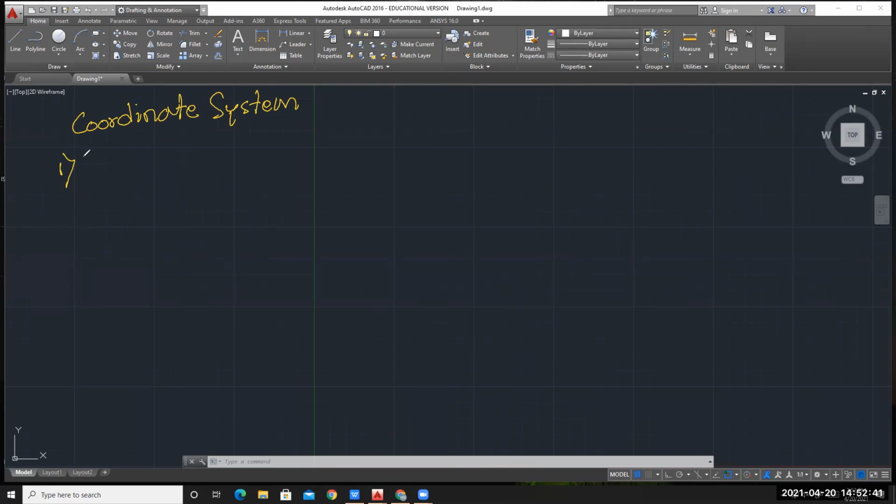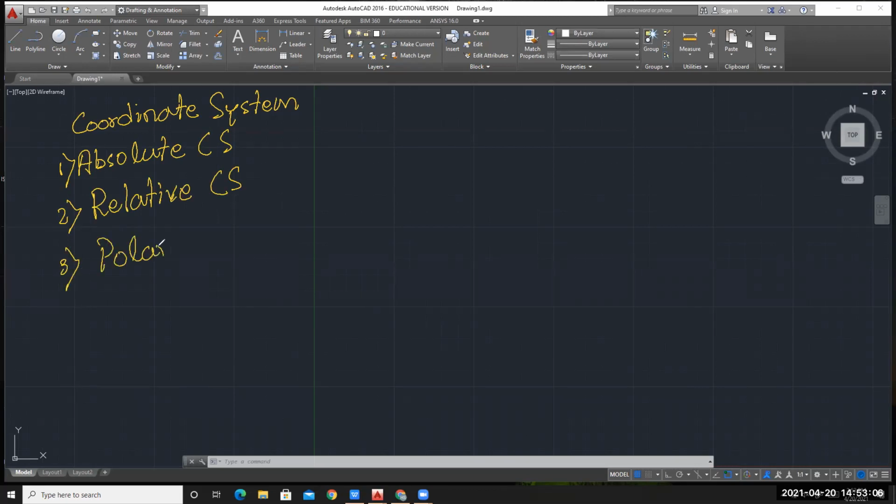The first one is the absolute coordinate system. For coordinate system, I am writing CS. The second one is the relative coordinate system. This is very important. The third one is the polar coordinate system. And the fourth one is the dynamic coordinate system. One by one we will see all of them.